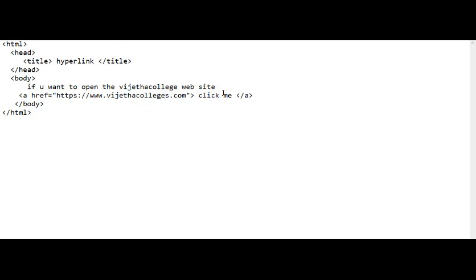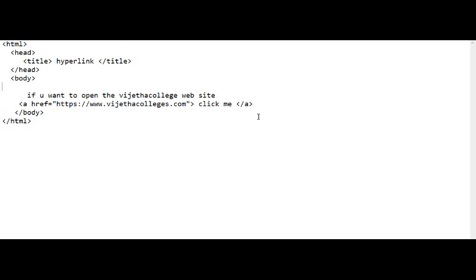When you click this, we are going to get vijetacollege.com. Let us see here. It is a body, title, hyperlink. The name of the web page is hyperlink. If you want to open the Vijeta website, click me. That is the output here. I am saving this, http dot vijeta college. File, save.